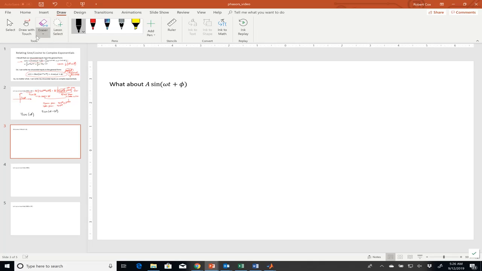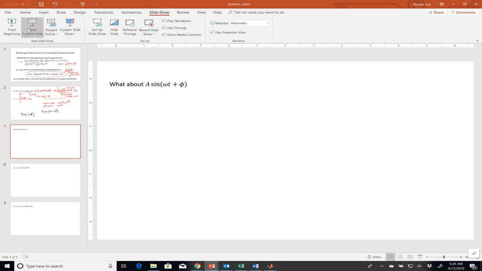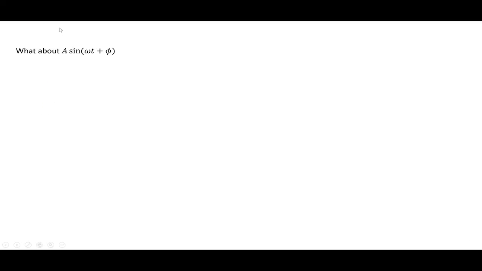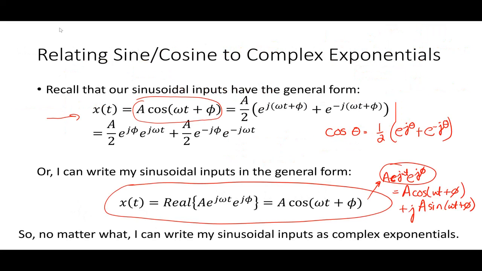A really important thing to remember about the use of the phasor is that the use of the phasor assumes that all my signals have the form of cosine. So if I have a sine input, I have to convert that somehow into a cosine form, which actually isn't